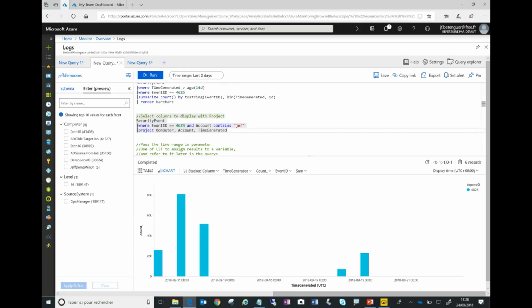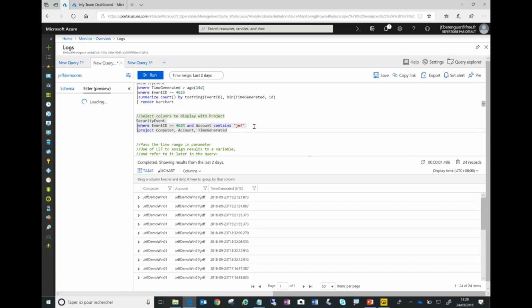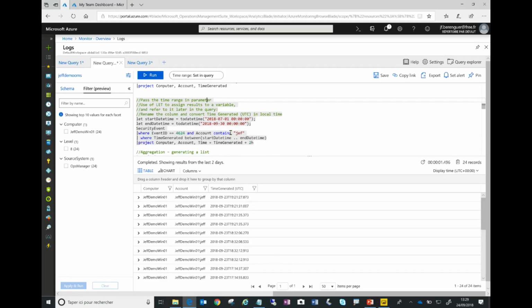And for that, I'll use here this term project just to select the column computer, account, and time generated. And here, the result is more simple to exploit. So, clause where to filter, project to select the column, and now I will introduce a new term which is